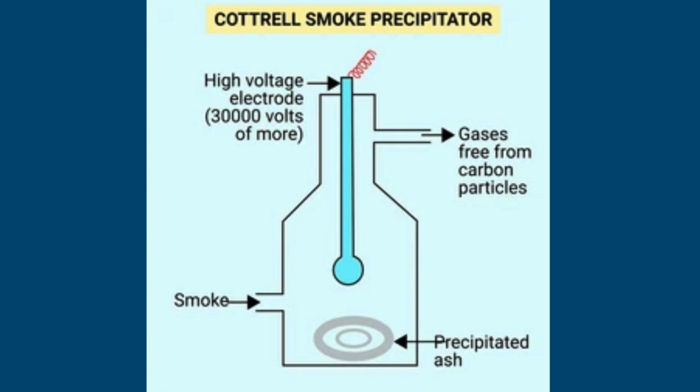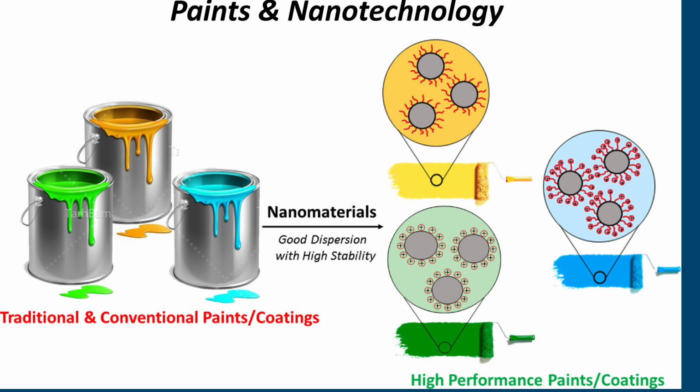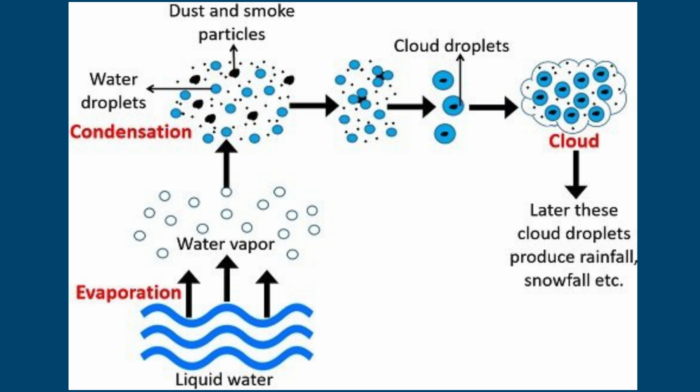The paint and coatings industry depends heavily on colloidal dispersions of pigments and polymers. Thixotropic paints exhibit reversible viscosity changes because of colloidal interactions among suspended particles. Colloidal processes are also important in textile dyeing, leather tanning, detergents, and cosmetics. Natural phenomena such as cloud formation, fog, smoke, and the blue color of the sky are further examples of colloidal